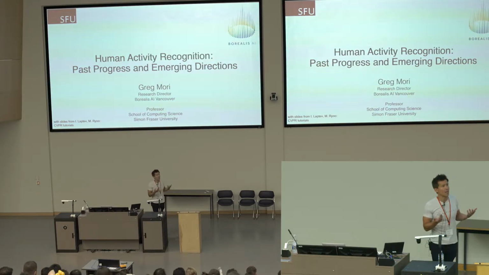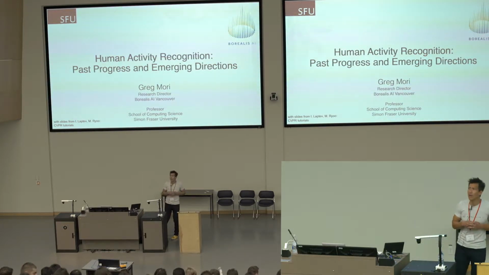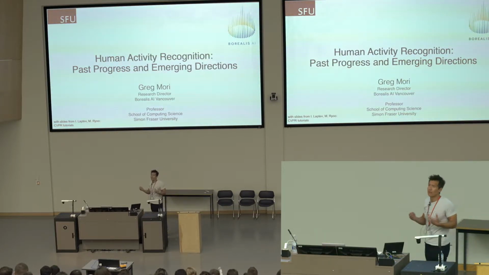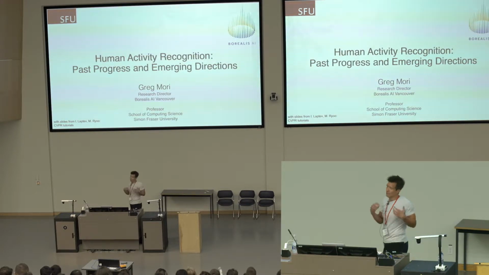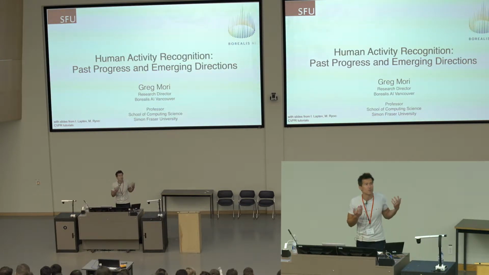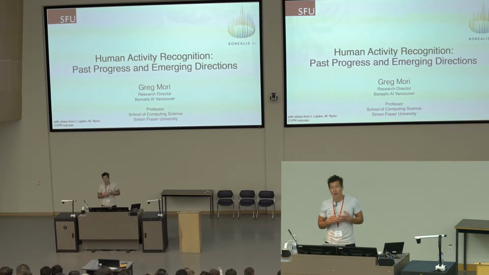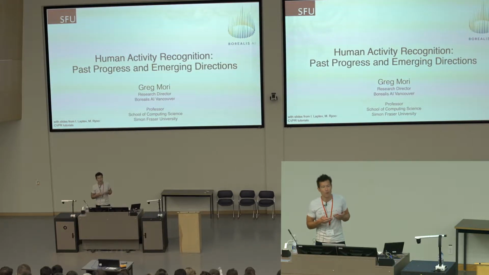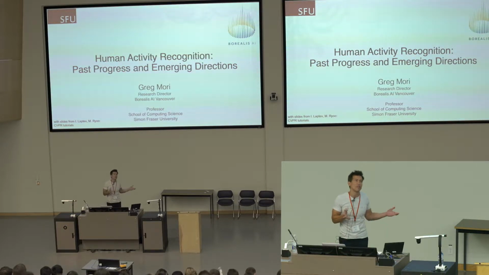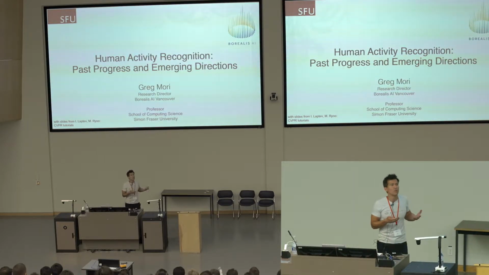At Borealis AI, we're a bank, we're part of RBC. We don't have a lot of pixels, is kind of my line, but we have a lot of temporal data streams, so credit card transactions, financial data, and a lot of the models that we develop in video analysis are also very much the type that we use in Borealis AI. But for this talk, my goal is to talk with you about what has happened in the field of human activity recognition over the years, so give a little bit of a history of what type of work people have done, a lay of the land of what types of problems people work on, as well as hint at some future directions.